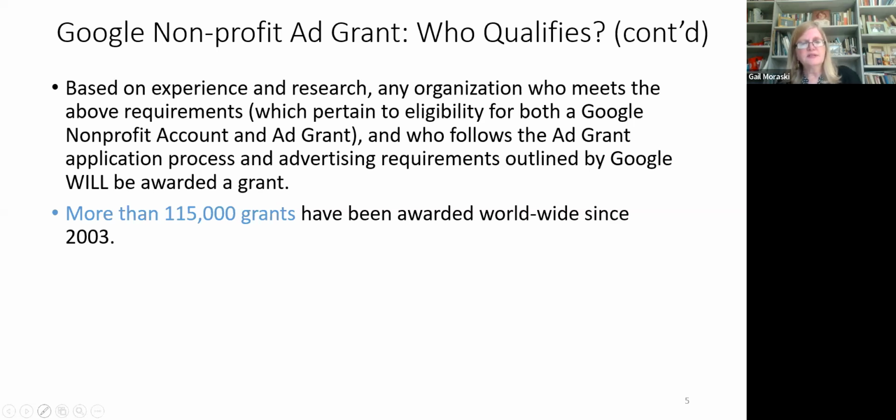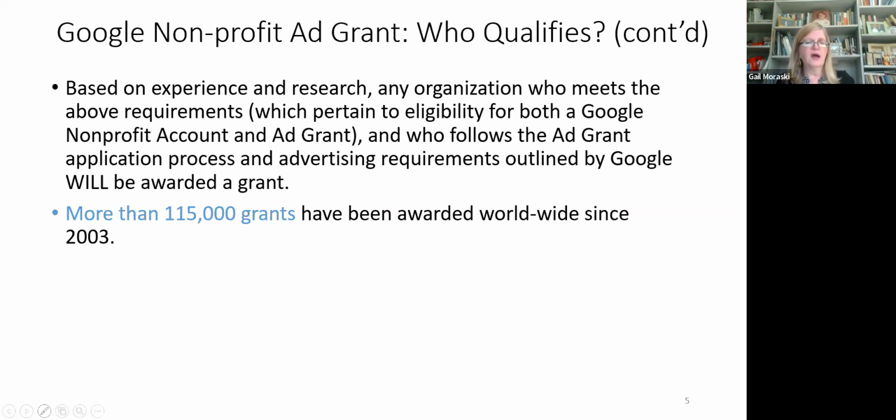And while I noted on this slide that more than 15,000 grants have been awarded worldwide since 2003, my guess is that the real number is 10 times what I have listed there, because Google has not updated this figure about the number of grants it has awarded in years.